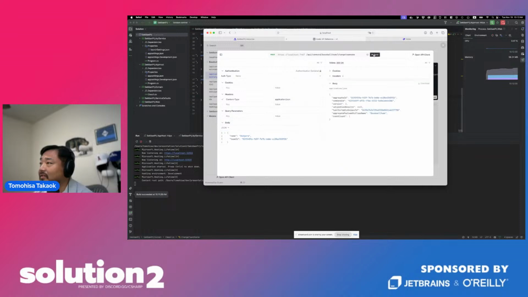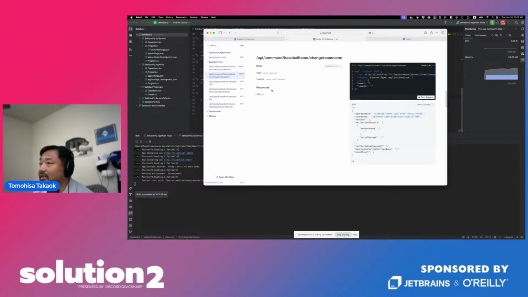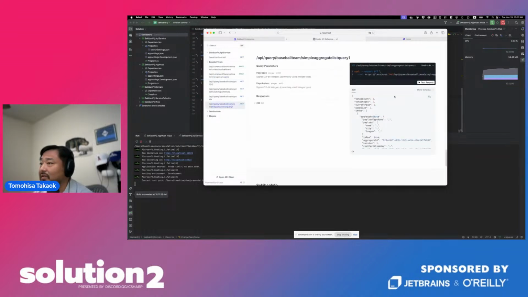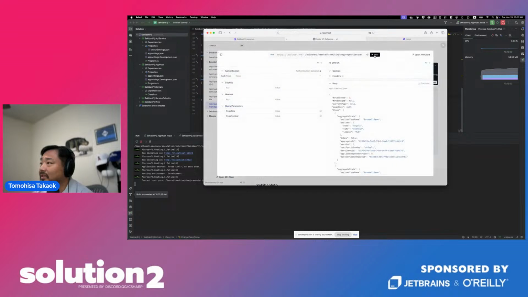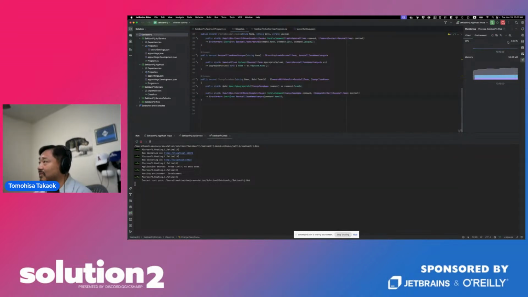Let's run this, and it's success. And now let's see the query, and now the team name has changed. So that's how easy you create the event sourcing system.